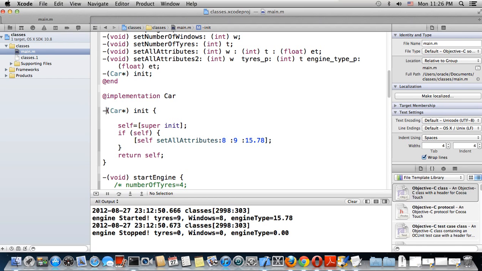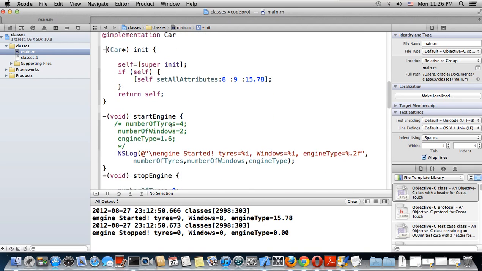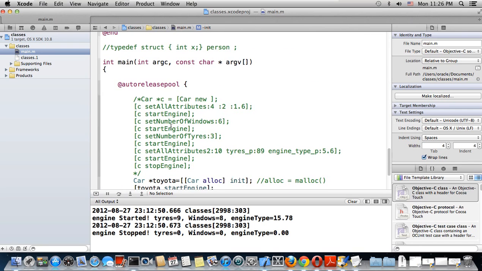So by now we can say that we are ready to use init. So we go down, and I have disabled, as you saw, those because I don't want them. I want to use the other way, which is this way. This is how, using init, we can now start our object. So, car,